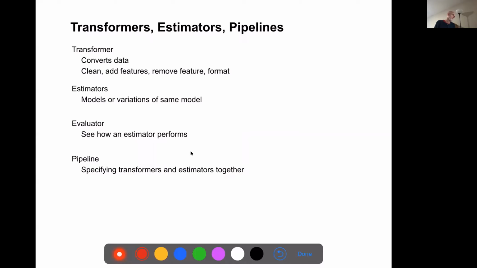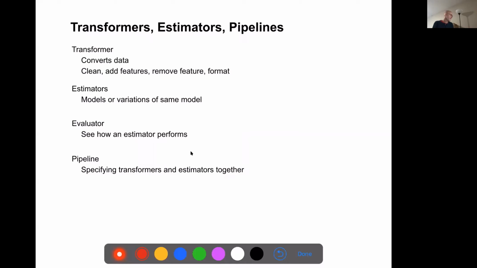And then we may have a bunch of transformations to do, and then we may need to create models and look and see how the models perform.